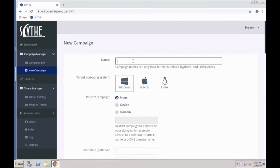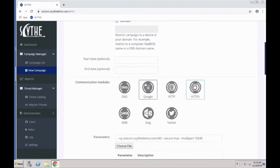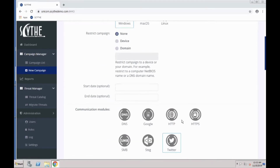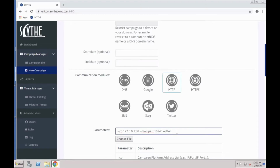Something else to show real quick. So we're going to do Scary Security Weekly APT, Scary Swapped. So here's steganography, what I was talking about. We also include Google Sheets and Twitter. So you can use Google Sheets domains and Twitter with valid accounts. We're going to keep it simple right now. So I was talking about the ability to change things inside the...